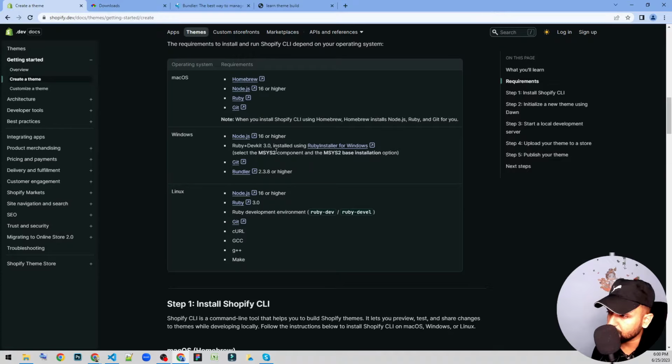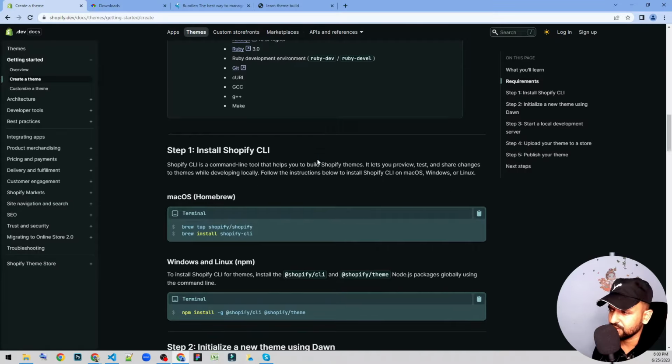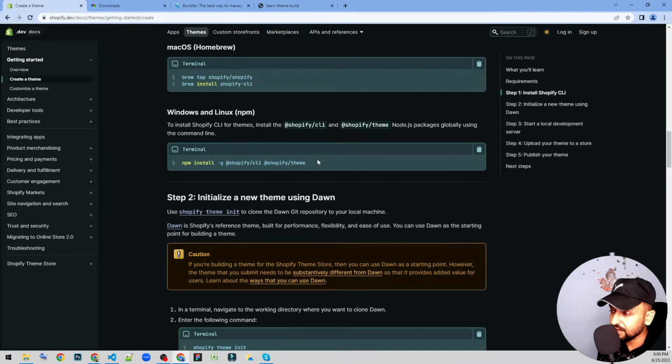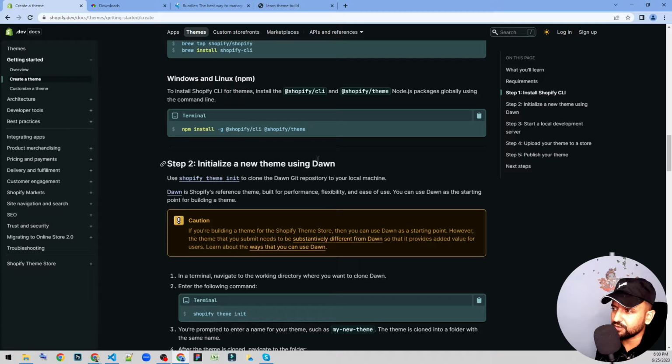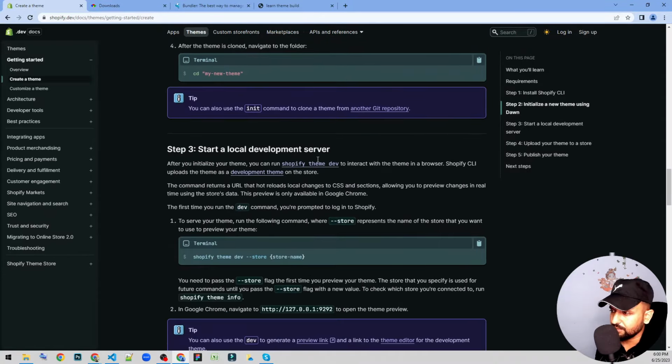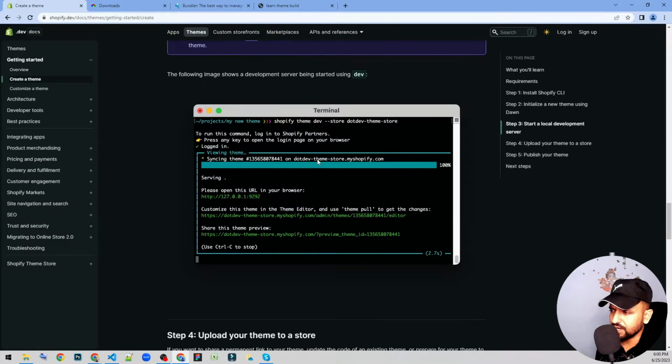If you install all of these, Node.js, Ruby, Git, Bundler, you'll not encounter any error for sure. If in case you find anything, because while I was working on this I did find some errors while I was using it, but as I started it,